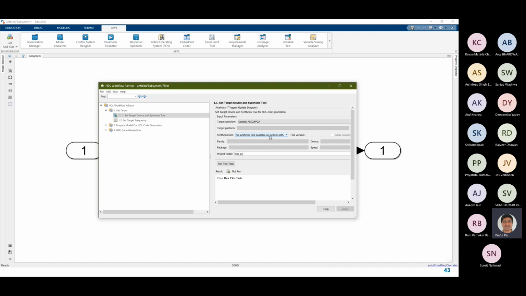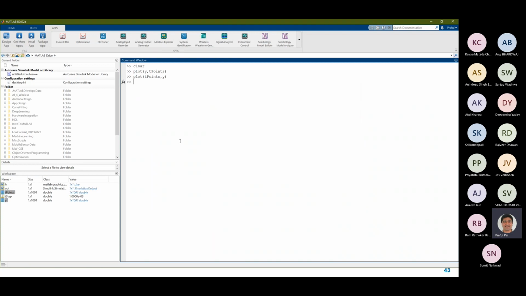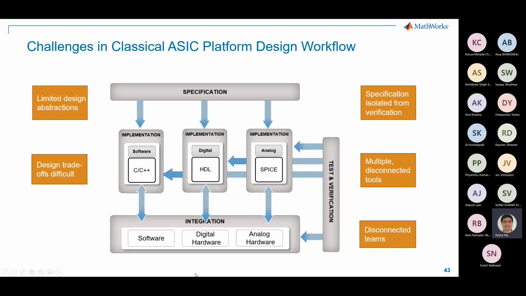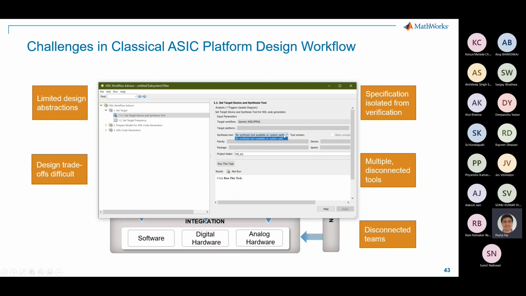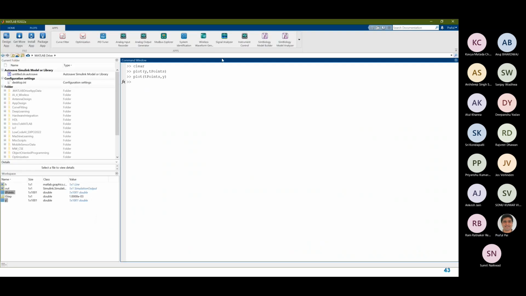You need to, in this case, MATLAB integrates with other synthesis tools. So in this case, those synthesis tools are maybe Xilinx Vivado. So for that, what you need to do is simply go ahead and provide this synthesis tool. So right now it's saying it doesn't find any tool available. So what we can do is we can simply go ahead and look at